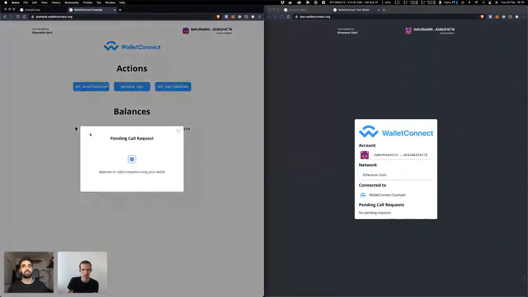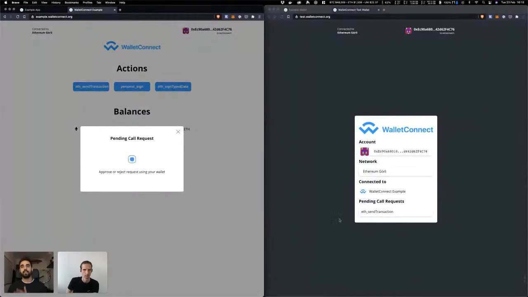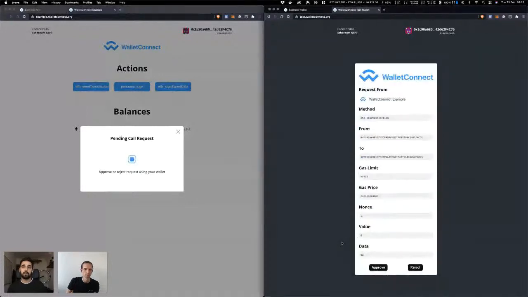We can do a transaction here, and while it's pending, we can see that pop up on the wallet. This allows us to have very securely the ability to remotely sign something on the wallet in a completely different environment without having to expose the private keys. So the two devices are connected through an end-to-end encrypted communication, and we just get what is called the signing